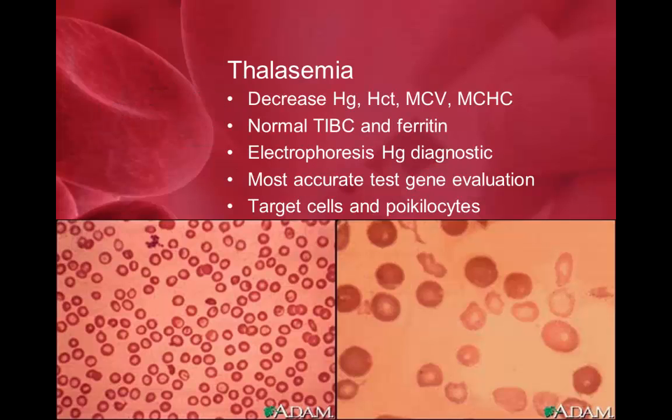So what will you see in the laboratories for thalassemia in difference to iron deficiency anemia? You're going to have the same decreased hemoglobin, decreased hematocrit, decreased MCV, and decreased mean corpuscular hemoglobin concentration. But remember that iron deficiency anemia would have a high TIBC and a low ferritin, but these patients would have a normal TIBC and a normal ferritin level that could also get into increased iron and iron overload. So basically, you would do an electrophoresis of hemoglobin to diagnose the disease, by doing a gene test,